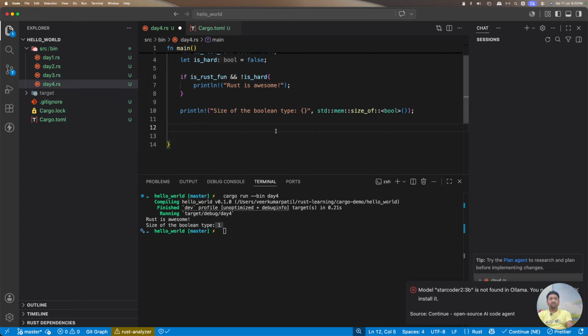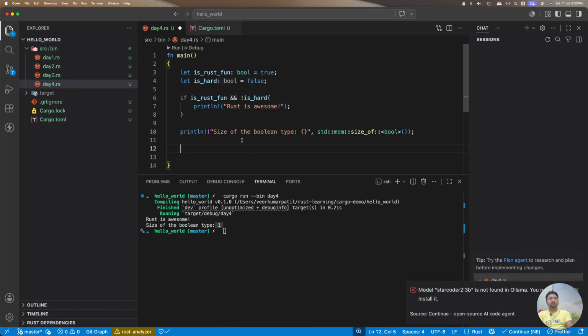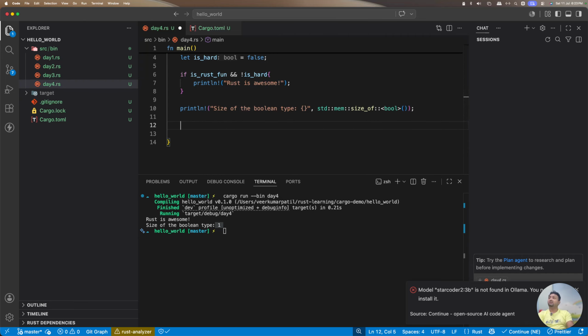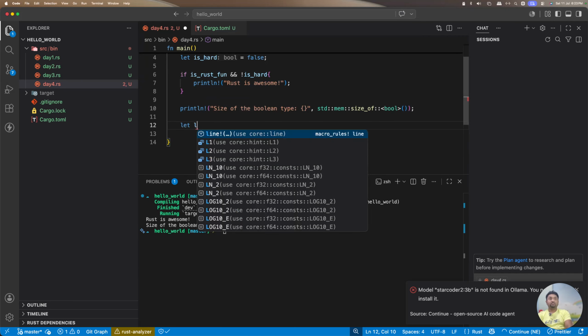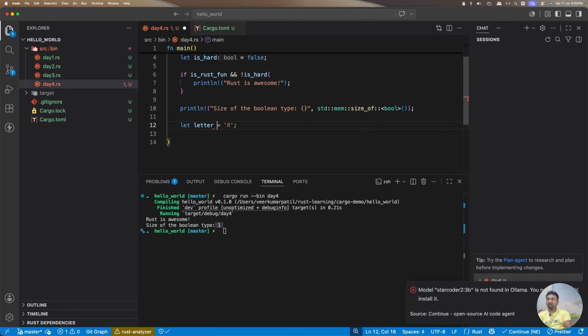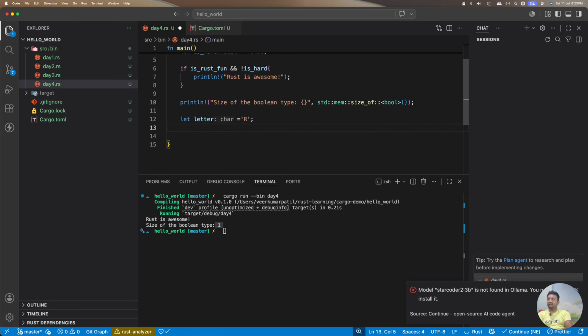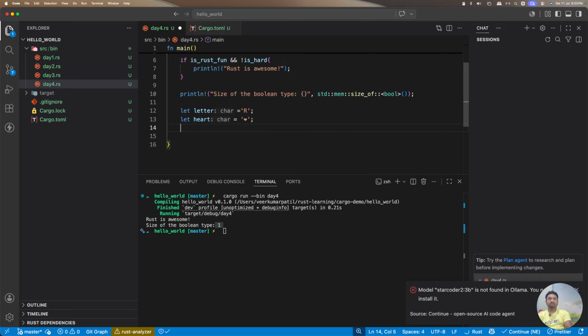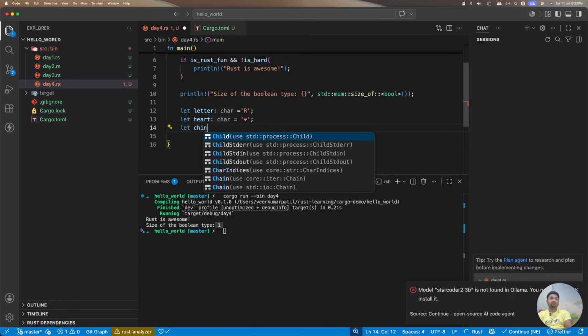Okay, so what I'll do now, I had created a few code blocks, I'll just try to use that. Select letter, equal, letter is equal to single quote r. I'll just use let heart. Okay, let's say I wanted to use heart. And the third is, let's say, let